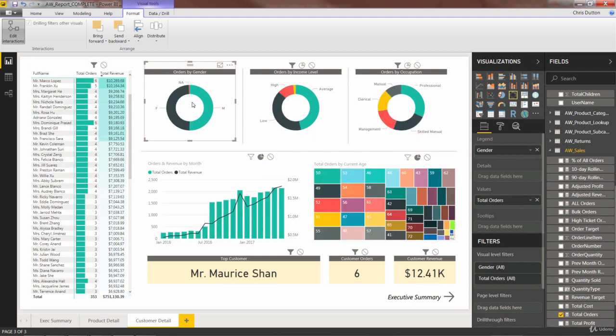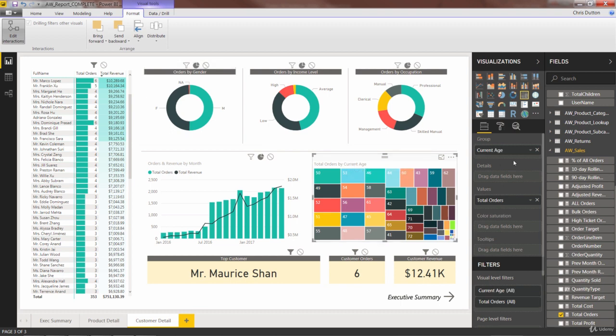That takes us to question number 4. Add a tree map to show total orders by current age. This one's pretty straightforward. We're going to group by that current age field from our customer lookup table. Values are total orders. Now, one thing to keep in mind: right now, I see 928 orders for age 50,